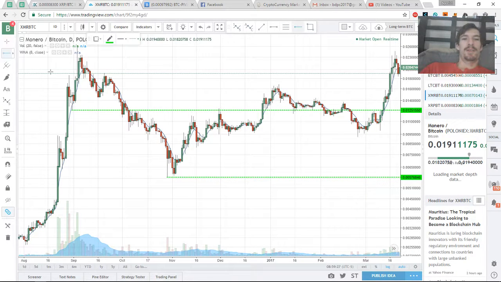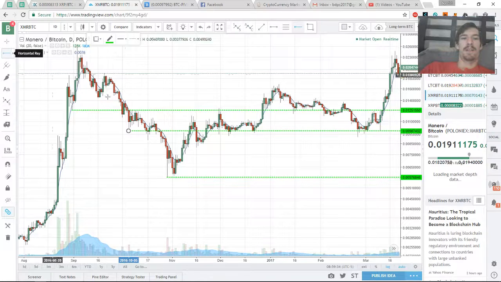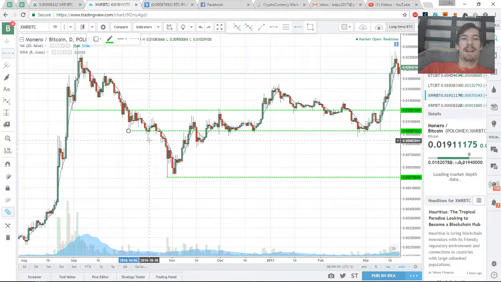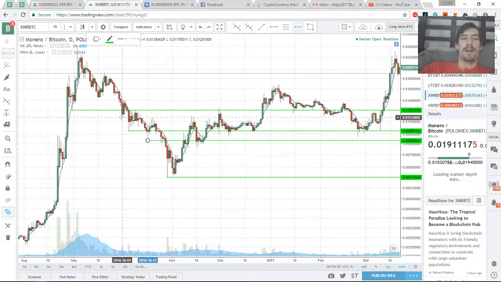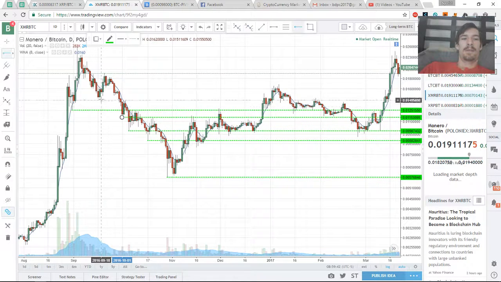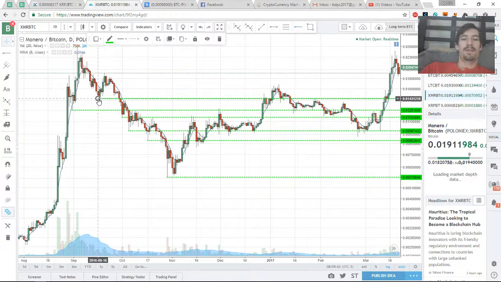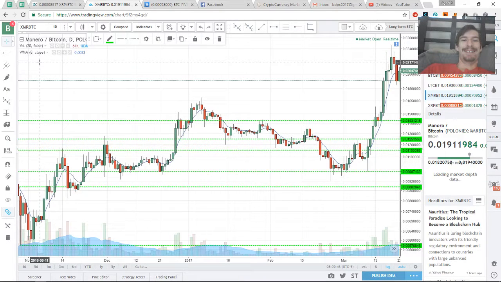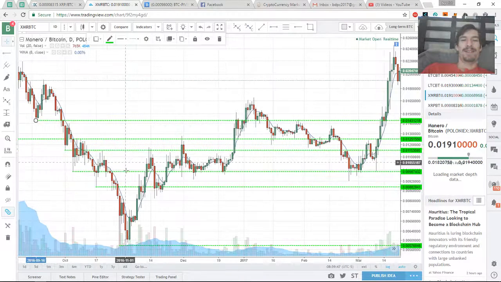Let's draw another one. Here would be a good choice. We could put another one here. And you can actually just go through and put these things all over the chart. And eventually it'll get nice and cluttered, but what you'll notice is, look at all these support lines I've drawn,